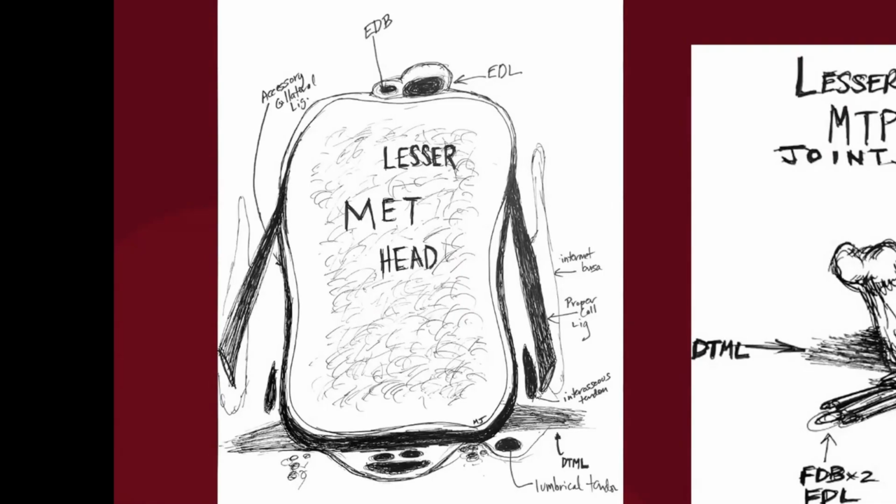We can see that that's further reinforced at the level of the metatarsal phalangeal joint with the interosseous and the lumbrical tendon. And of course, superficial to the plantar plate, we have our paired flexor digitorum brevis and flexor digitorum longus with a tendon sheath. We have the neurovascular bundle, which is superficial to that DTML. Of course, we have the intermetatarsal bursae on either side to help cushion different rotational pressures that the metatarsal has experienced during